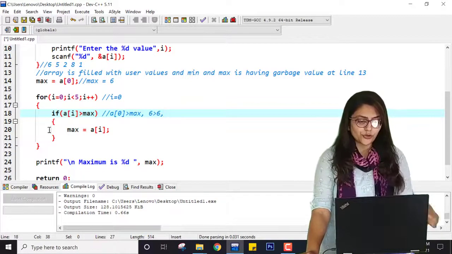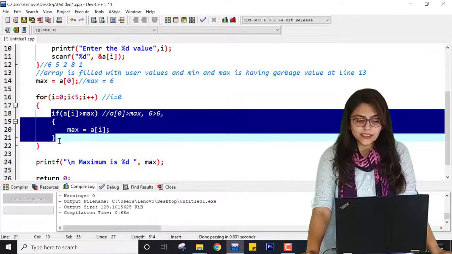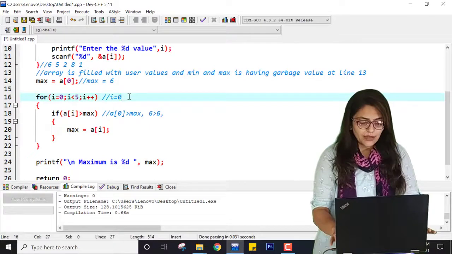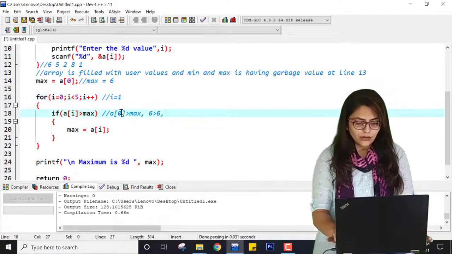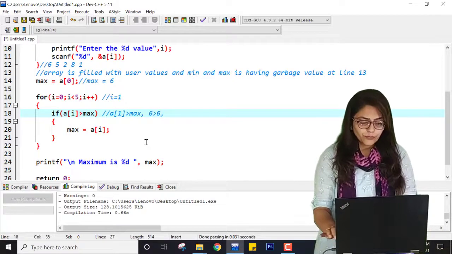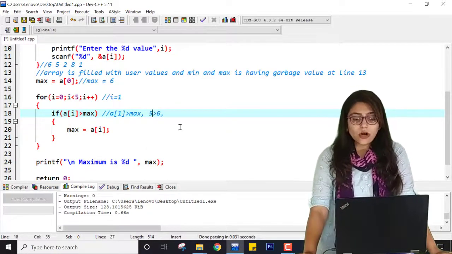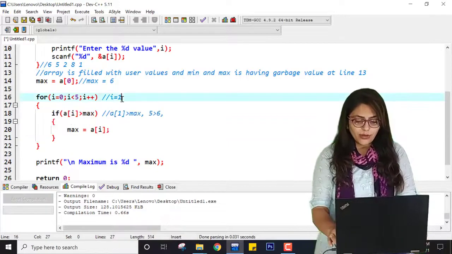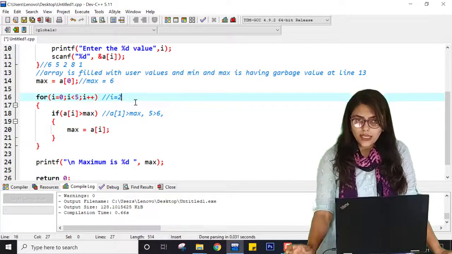This condition is not true, so it will not go inside this if. Then again the value of i will become 1. Here, is a of i greater than max or not? Now a of 1 is 5. So is 5 greater than 6 or not? No. So this condition is false. So again the value of i will be updated to 2, 3 and 4.